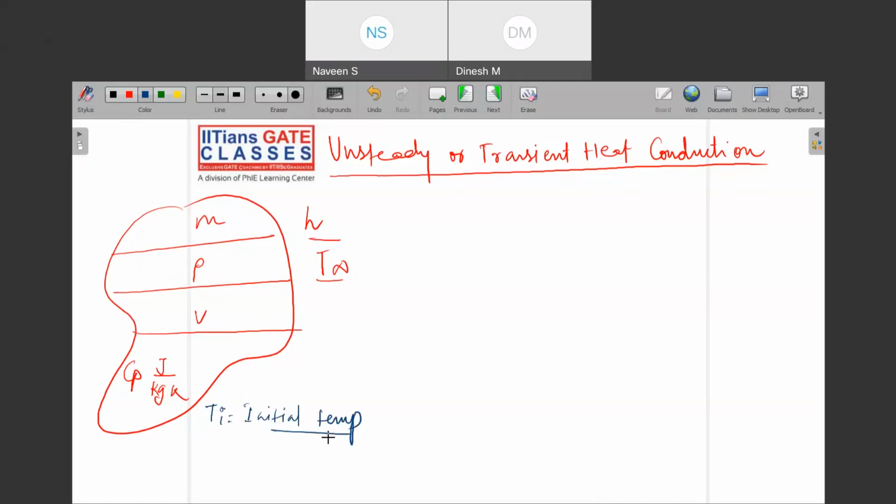Initial temperature is Ti, and then my second thought is, let us say that you are taking something out of the oven. As soon as it was taken out of the oven, it has some initial temperature, and then later on it decreases. So my Ti is the initial temperature, and it is suddenly exposed to the ambient fluid at the instant t equal to 0 seconds.